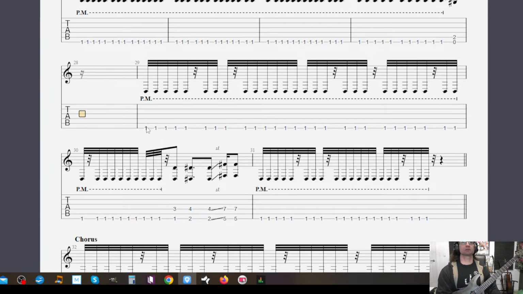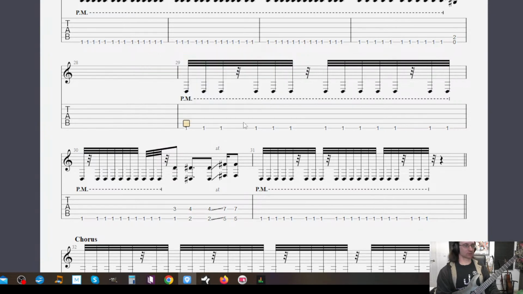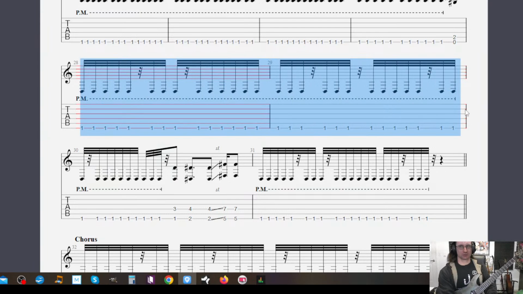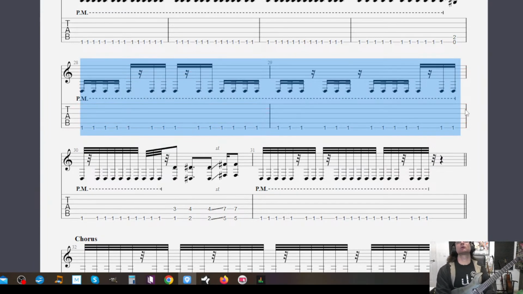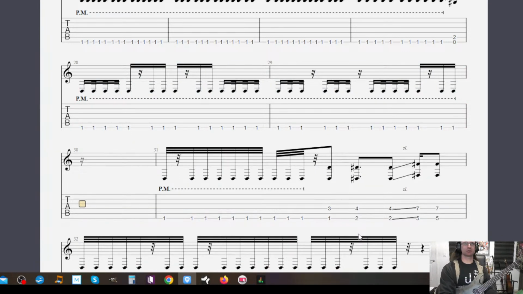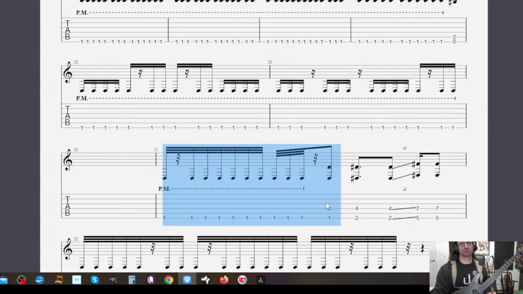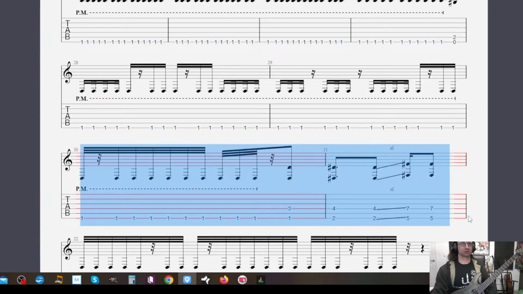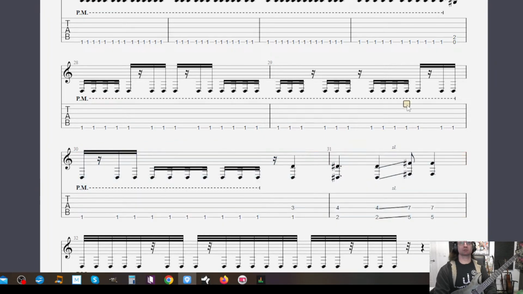So, we're going to take this, cut that, paste that, change that, let's insert another bar here. Cut, paste, change that.